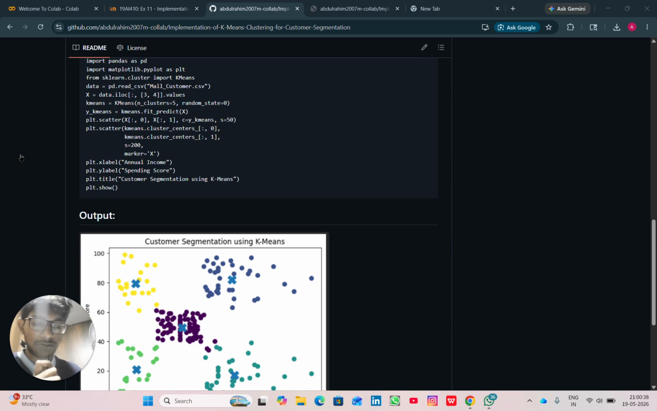The next step is to read and assign the data. The command pd.read_csv reads the Mall Customers CSV data file, which is stored in a variable named data. The next line selects the required columns from the dataset. Here,